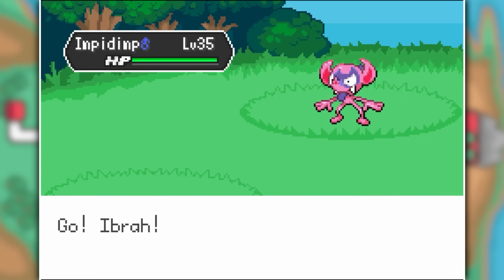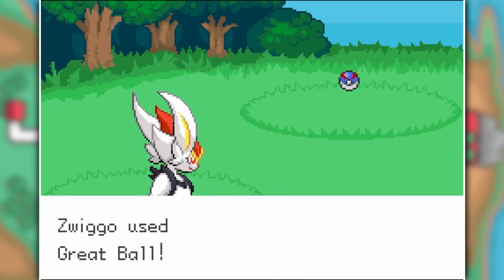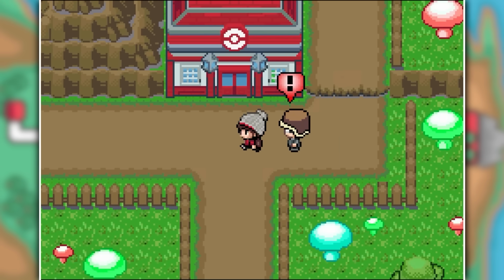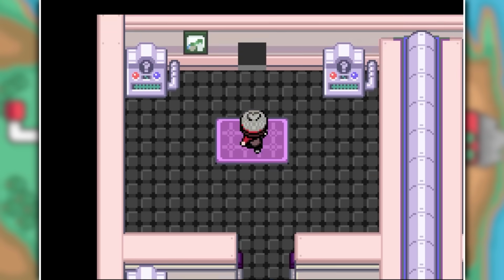I'm talking Impidimp, Hatterene, Galarian Weezing, and Ponyta, and so much more. We capture all of these and arrive in Balanlia. Here we find 2 people that want to give us a Rowlet and Litten, and once we do these trades, we head to the stadium where we get all the trainer cards from Marnie and do some quizzes to reach